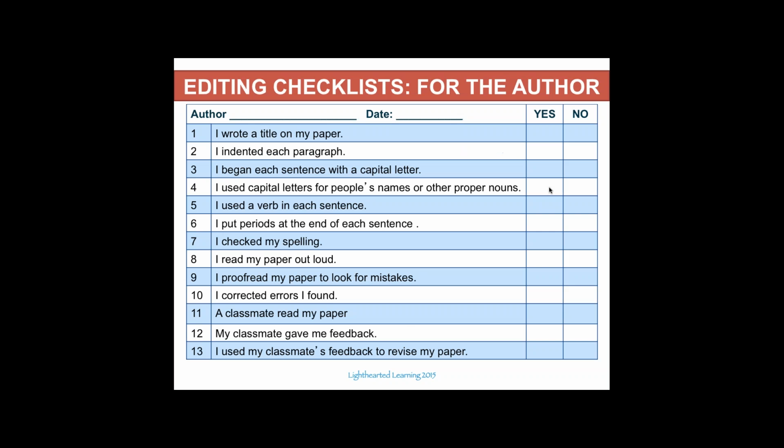When you have an editing checklist, you want to make it very accessible to the author, and it could just be yes, no. It's the sort of thing that, if you just ask learners to check over their paper, they're not going to see whether they have errors or not. So you have to be very specific. This is in the handout, by the way. Everything in any of the student tools that I'm showing are in the handout, and there is a handout.